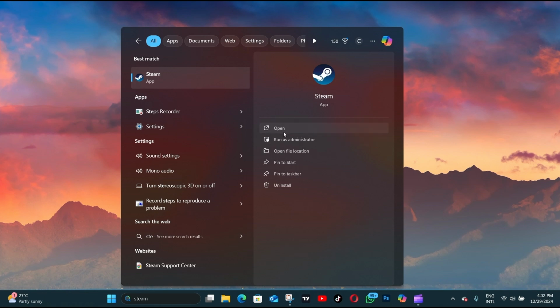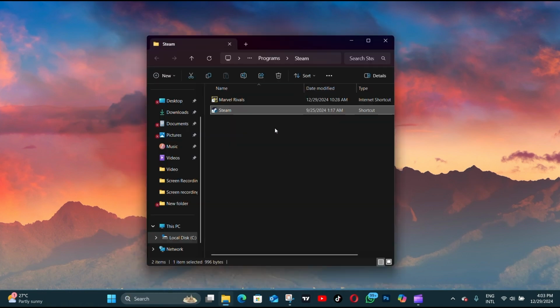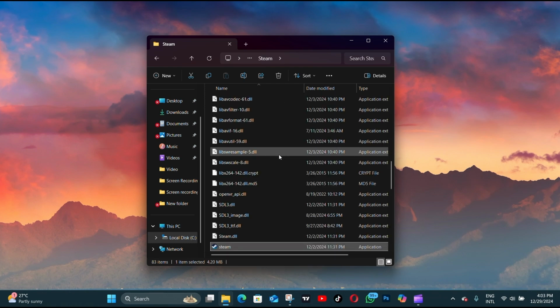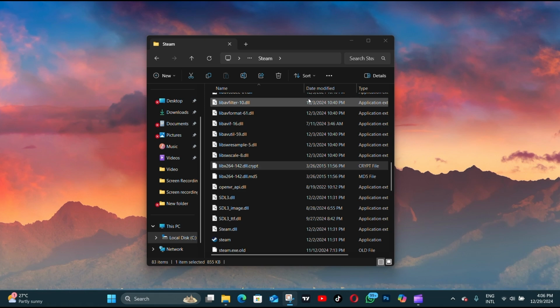So from here, you're not going to open it, but you're going to go to file, open file location, like so. And still, this is not the file that we want, but still, we're going to right click and go to the same option, open file location. There we go. So it will open this folder, and then we just go to this is the Steam file